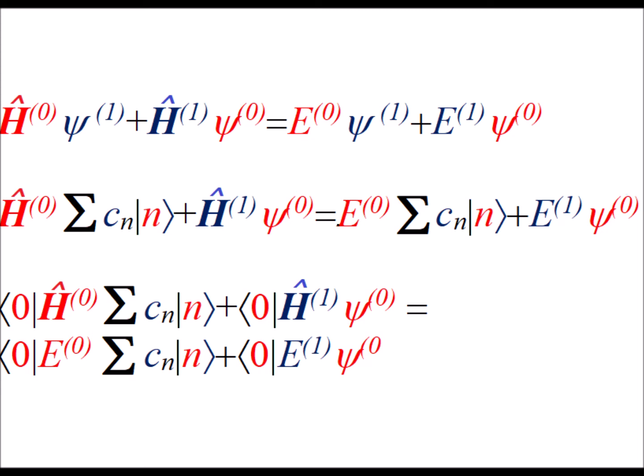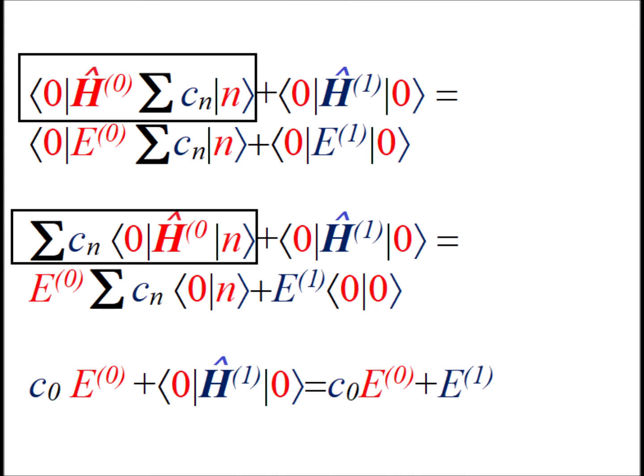Once we've made that replacement, now we're going to left multiply by the bra ψ₀⁰. So this is the complex conjugate of ψ₀⁰, and we integrate over all space. So we see this in the second line, and we've written it in bracket notation. In this step, we write the entire equation in full bracket notation, and we focus our attention on the first